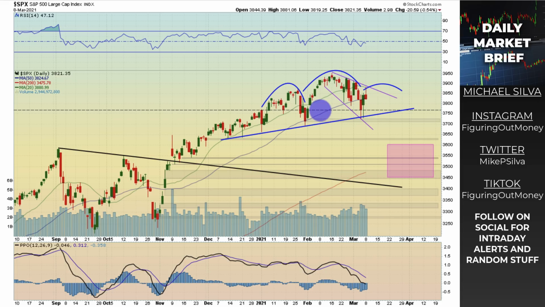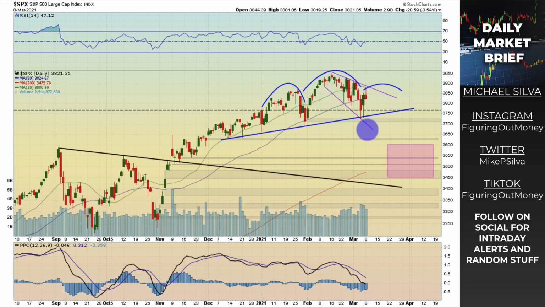So first off, there's a lot of things going on in this chart now, just because I have to watch quite a few things. So first off, this trend line right here, you can see it's held as support very frequently. So 1, 2, 3, 4, 5 times it's been acting as support. So that right there, if it breaks, I think we can head lower into this area where right around 3450 to 3600 would be that target down move, especially if we start breaking down. This could be the neckline of a head and shoulders pattern. Okay, so this is a left shoulder, you've got the head, and then a right shoulder potentially building itself out.